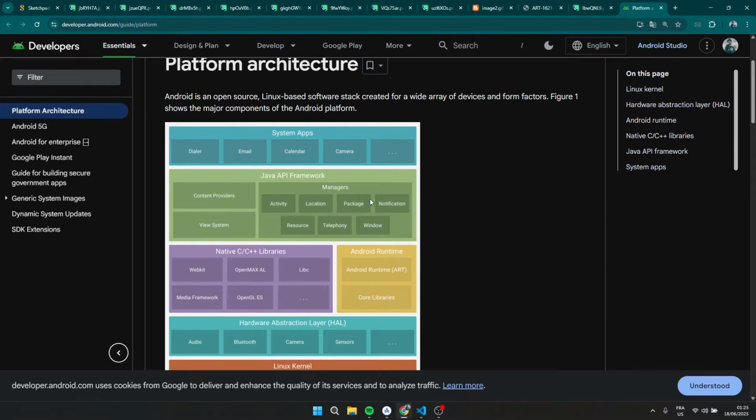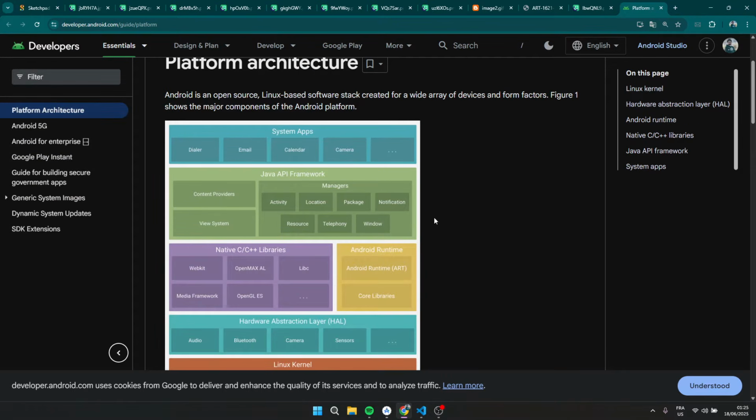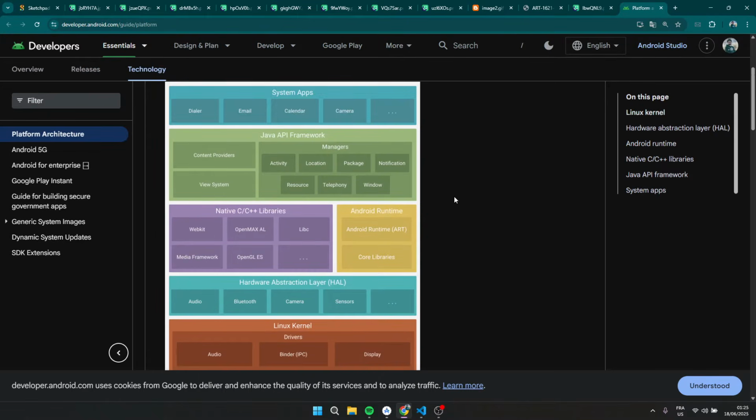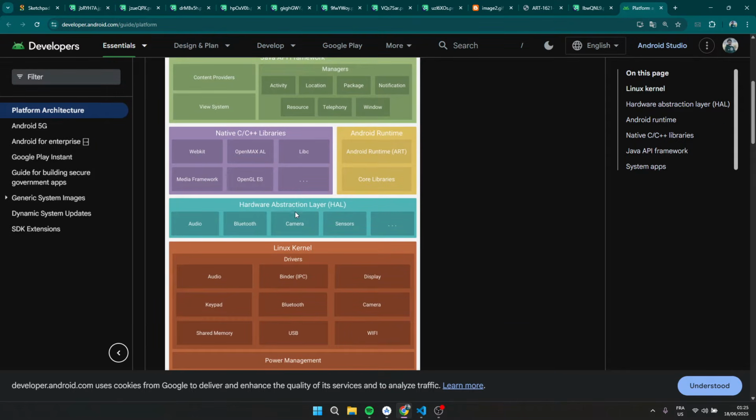So the first thing to look at in the stack is the system apps. This is the stack of the Android, basically. So you have system apps, Java API framework, native C++ libraries, Android runtime, hardware abstraction layer, and Linux kernel.